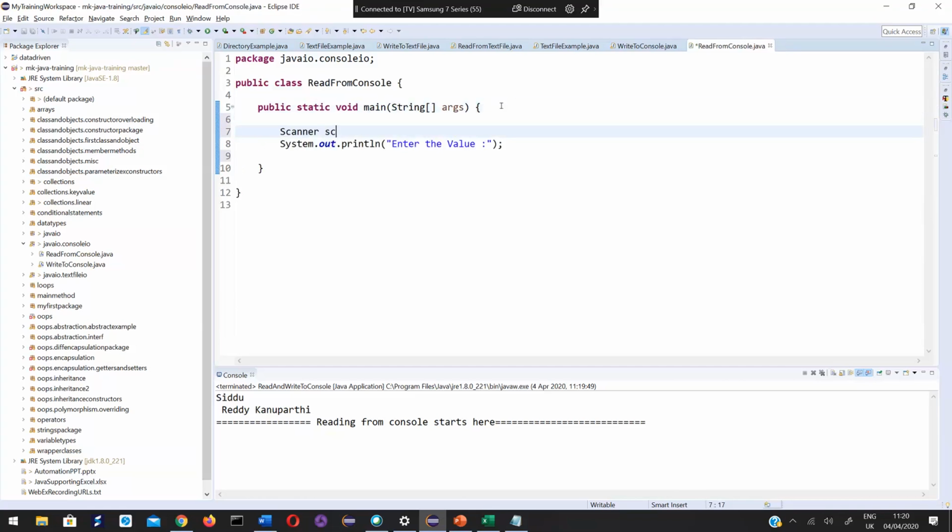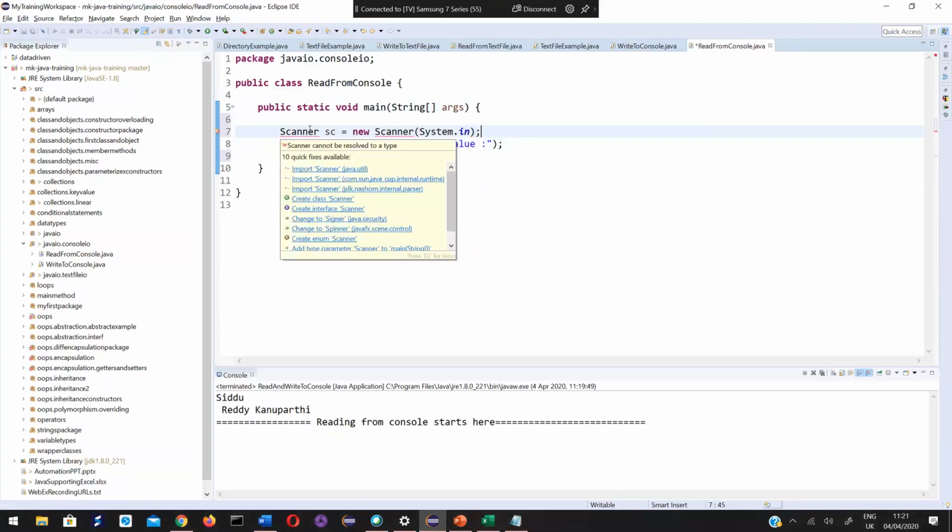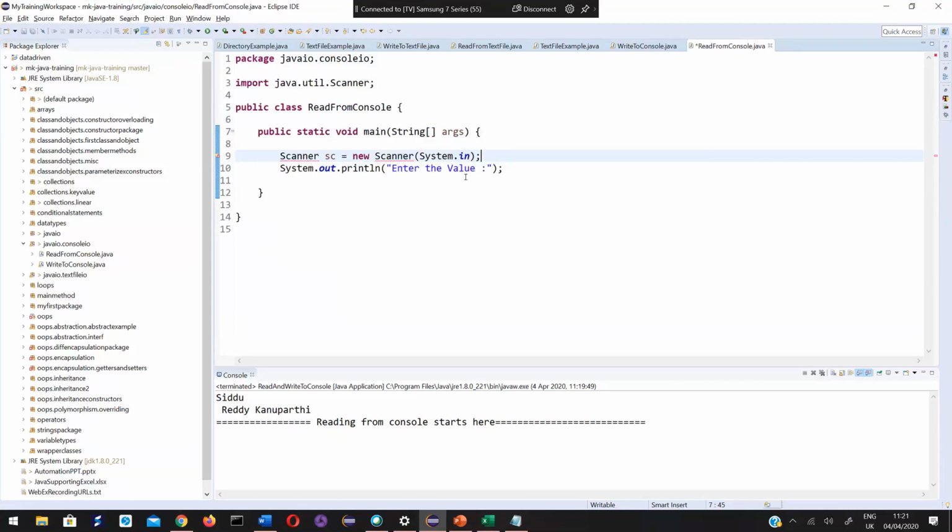Scanner sc equal to new Scanner. To this, I need to pass System.in. System.in is the opposite of System.out. Enter the value.